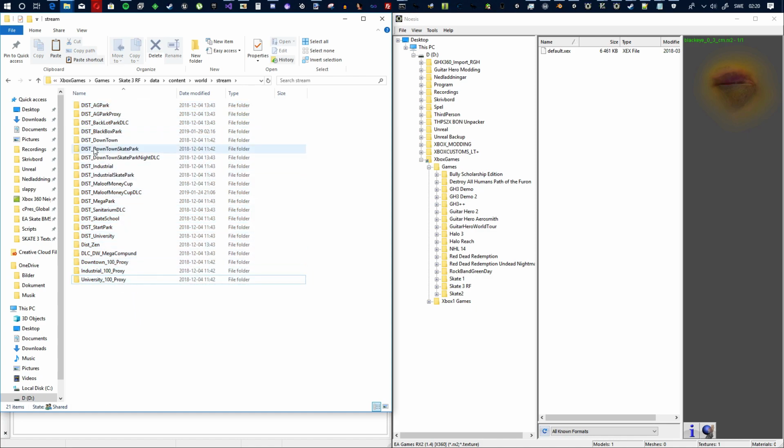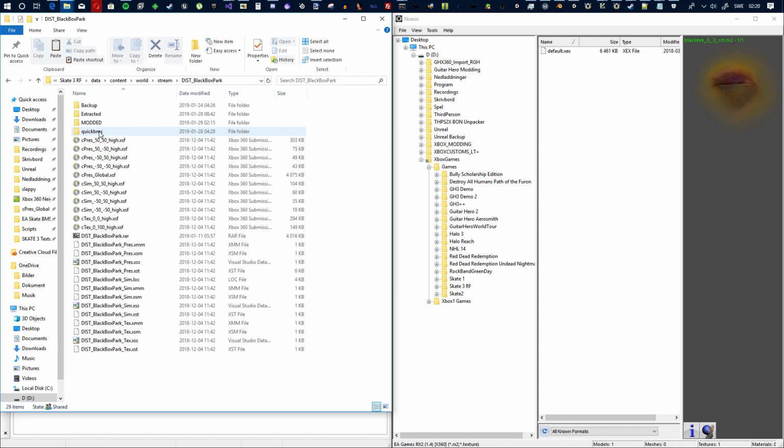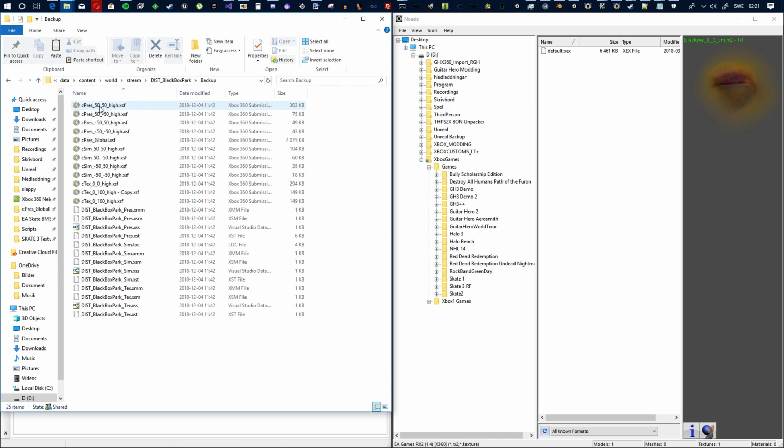and you want to mod one of these parks, what you do is you choose what park. I want to mod the black box park. So I'm going to go into that folder, and in here you're going to have these files right here. Well, not that one, but the other ones right here. So these. Okay. So first off, you want to create a folder called backup